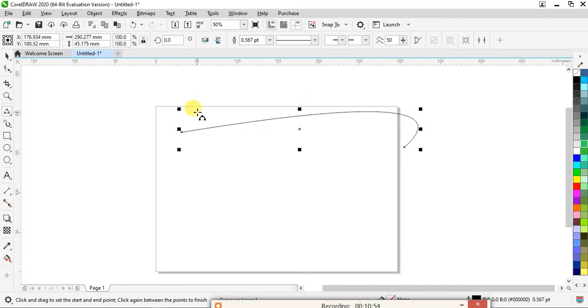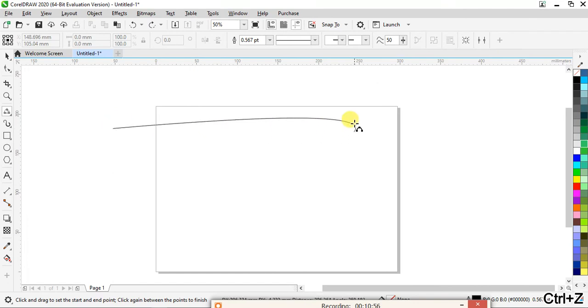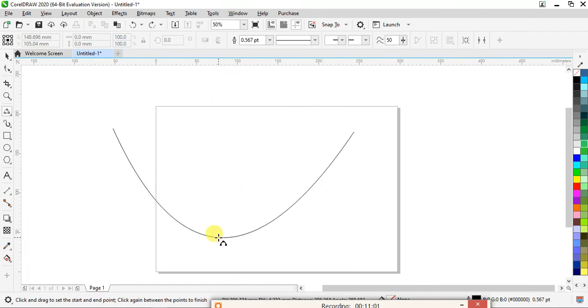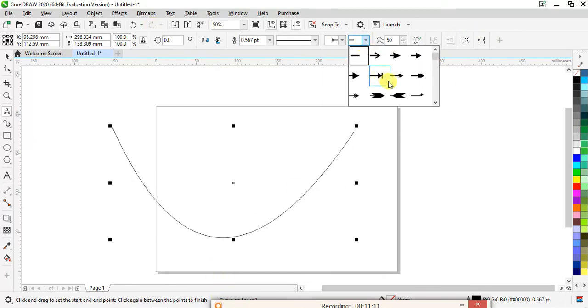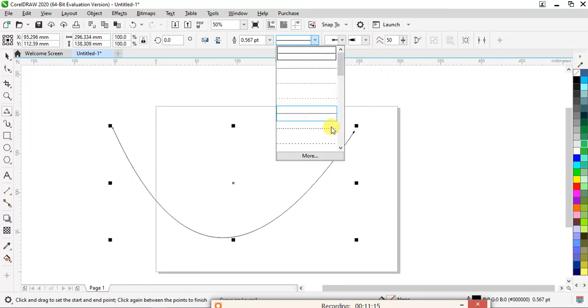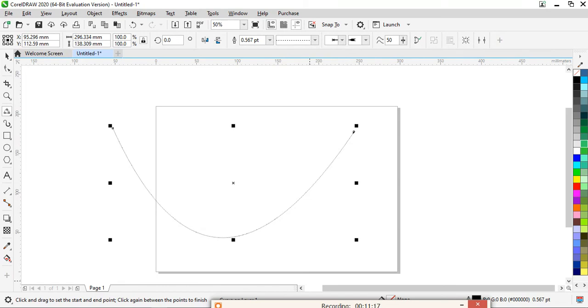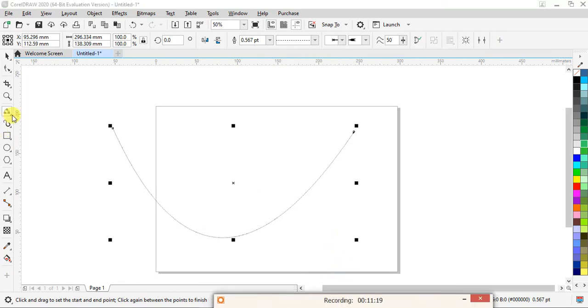This is my line, and you can see the third point. You can place it anywhere over here. You can give the depth of your object. Now your points are available: first, second, and third. So this is how your 3-point tool is used. All of these properties are almost the same. You can change them and apply them, whichever are available. So this was all about the curves in this lecture. Thank you.